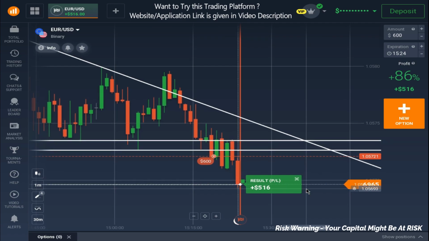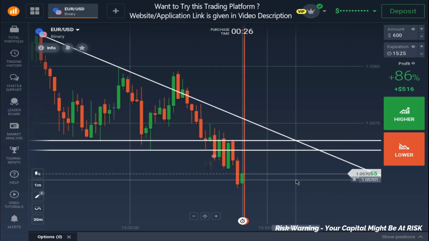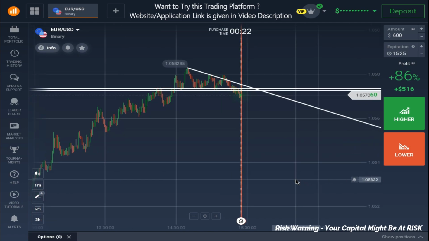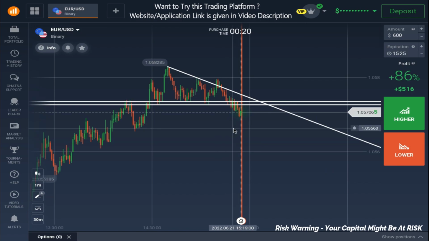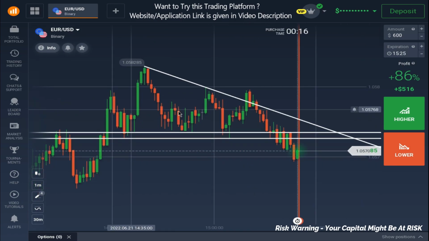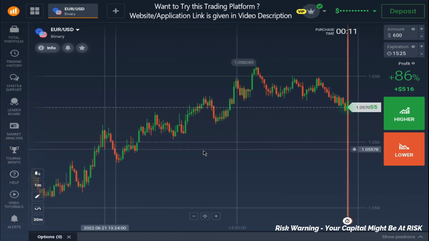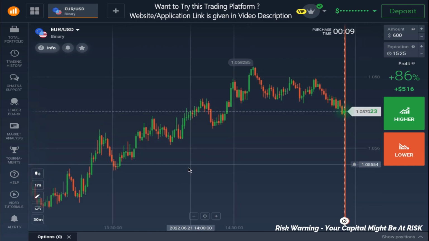So we have won this trade easily. It took me 1 complete hour of patience and waiting to put this trade, but it was worth waiting. Now let's get back to the result and the setup. So first of all, I will remove everything. So when I started this trading session, market was